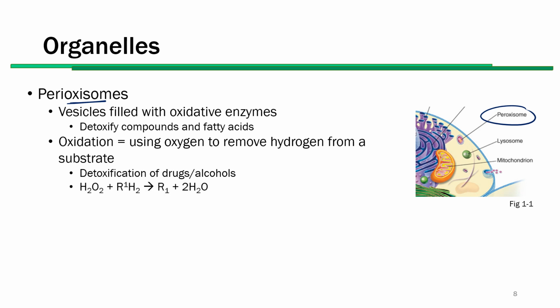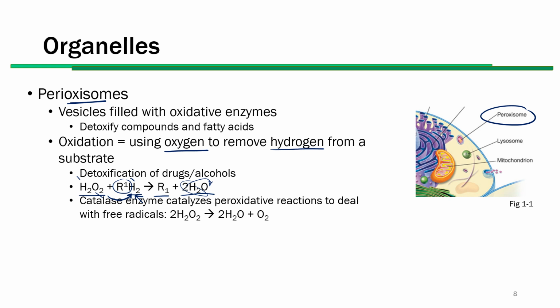And the chemical equation, the reason I put this on here, is so we can see how using oxygen to remove hydrogen works. So here we have hydrogen peroxide, and we're bringing in this R1 just as a substrate that has hydrogen attached to it, and we're going to use this hydrogen peroxide to oxidize this hydrogen. We have 2 hydrogens here, 2 hydrogens here, so 4 hydrogens, 2 oxygens, and here we're going to bring that hydrogen peroxide in and make water. So 4 hydrogens, 2 oxygens, it's balanced. We still have the substrate, but we took that acidity off of it, and so it helps us detoxify those